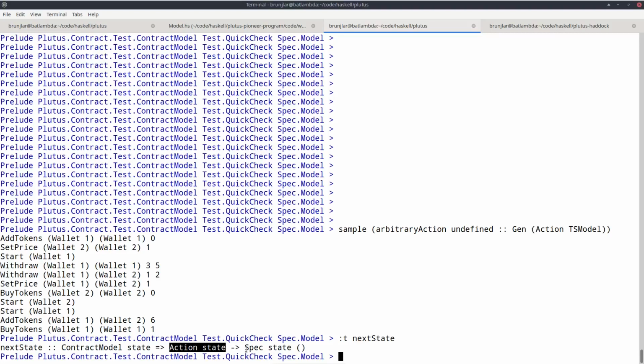It's called the Spec monad. That monad allows us to inspect our current state, so the current state of our model, and also to transfer funds in our model. So this is not real funds on the real blockchain or in the emulator, but the model, among other things, also knows how many funds each wallet currently holds, and we can shift that.